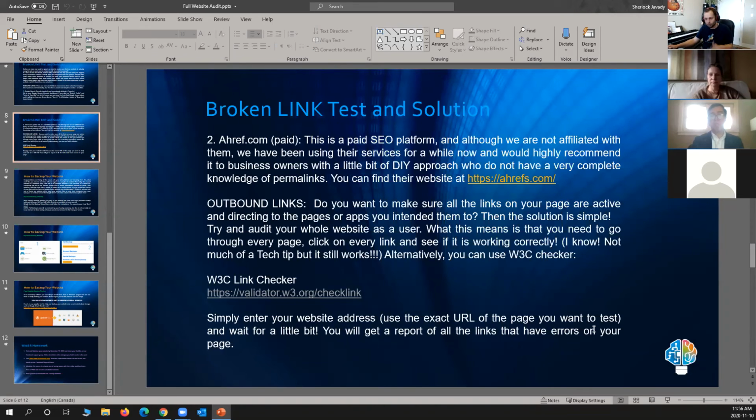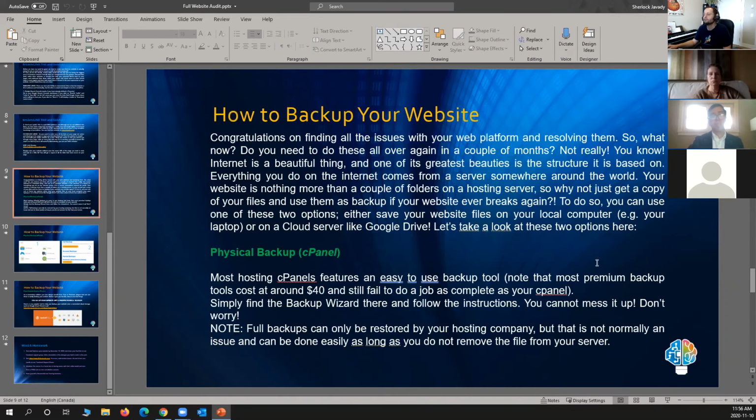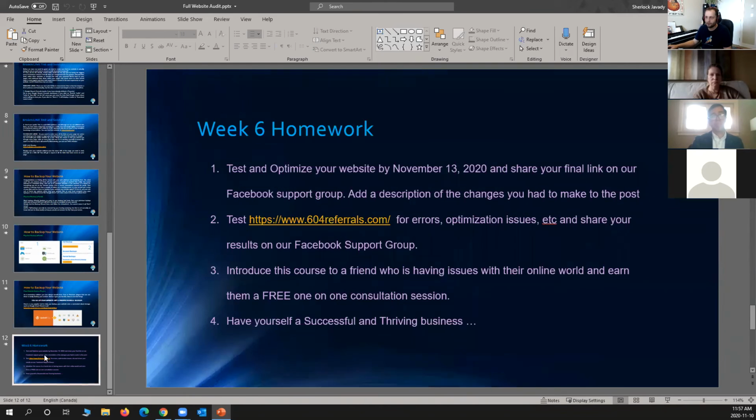If there is a contact form, go ahead and fill out the contact form. See what happens. Test your own website. Do the same thing. Go and fill out your own contact forms on your own websites. See if they still work. How do you know they're still working? Go ahead and check all of those, please.